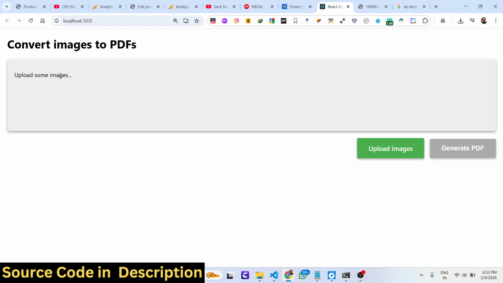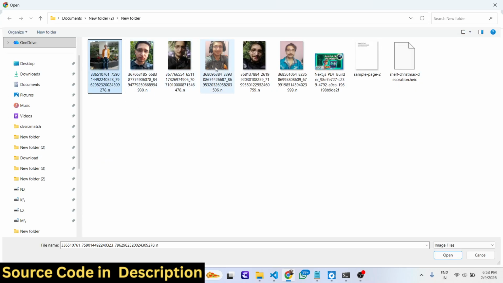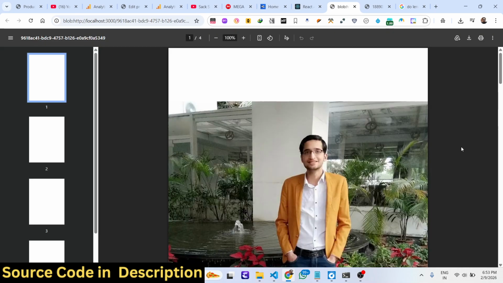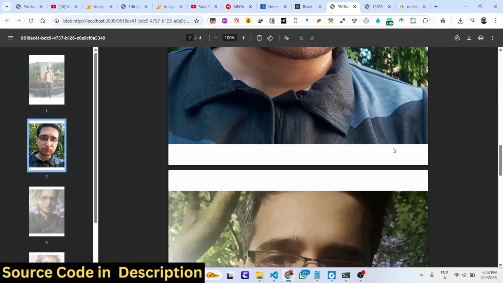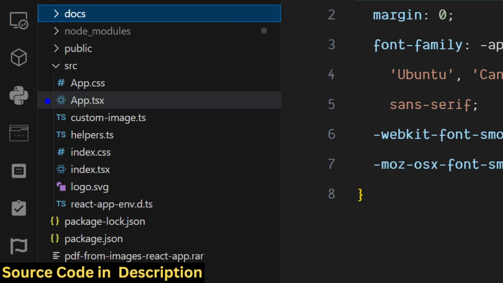It actually directly runs as a single page application. It's a React application. You select a bunch of images. After selecting those bunch of images, you click the generate PDF button and then automatically the PDF file will get downloaded. This is actually coded directly inside